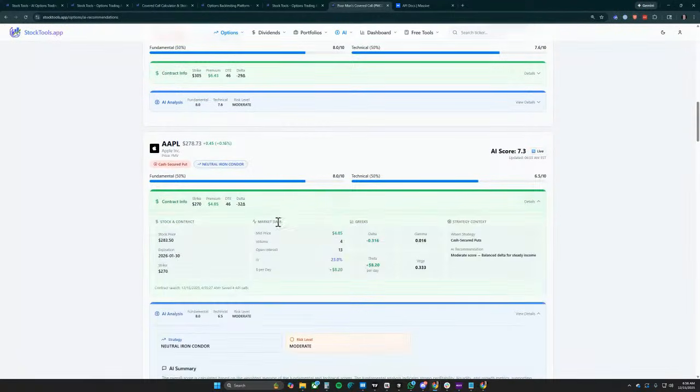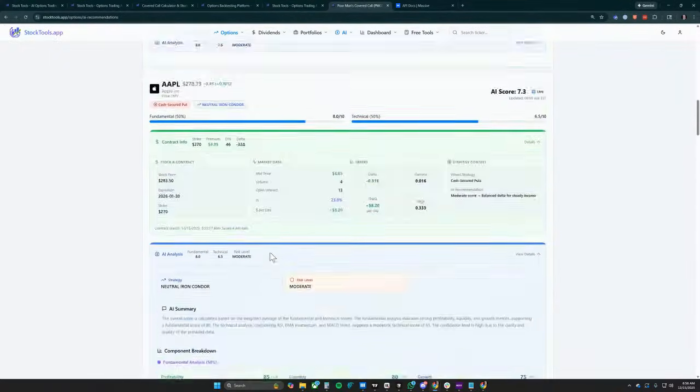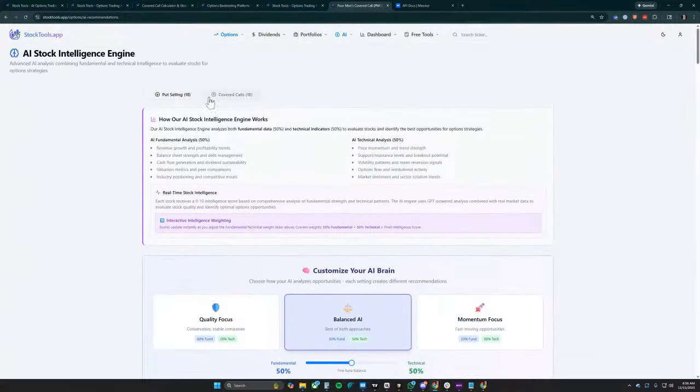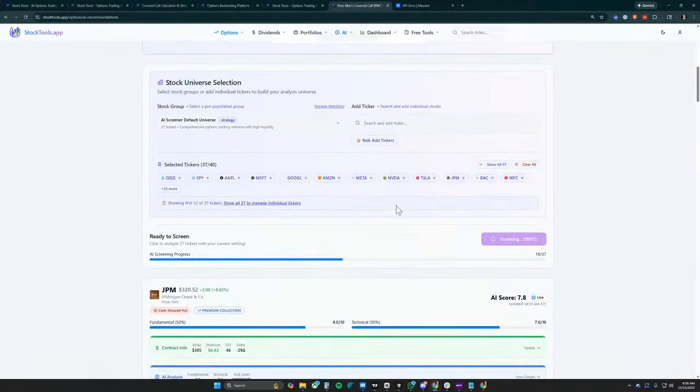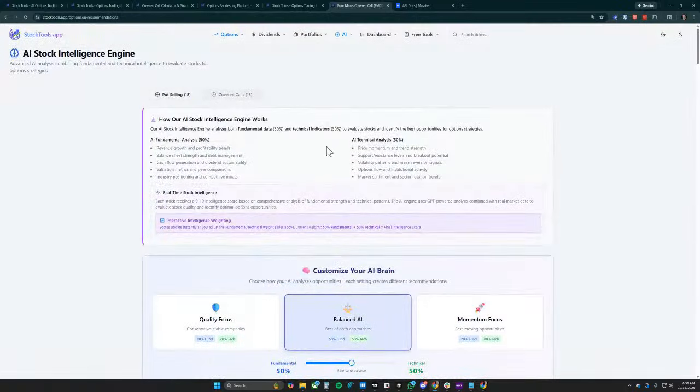So yeah, you can come in and it'll actually select a contract, like, hey, if you wanted to sell this contract or that contract, or trying to pick one, and then in here you can switch between calls and puts as well. But this is an interesting way to do some high level AI screening of stocks, and it will take into account the revenue and balance sheets and cash flow and valuation and all that good stuff.